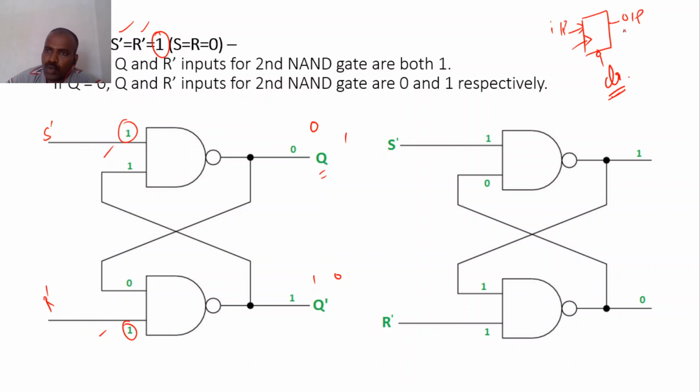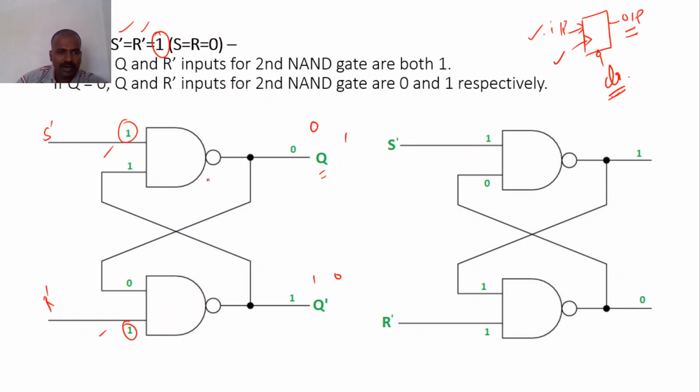Okay, then we need to store some new outputs here. Only then do we need to apply the input and clock, because it's a memory device. Previously, someone has worked with this device, and during that time some outputs were stored in our memory device. So our first job is to erase everything with the help of a clock event and assign some new outputs to Q and Q bar.